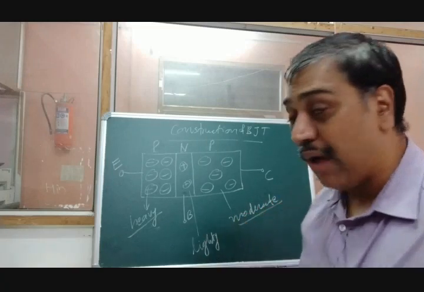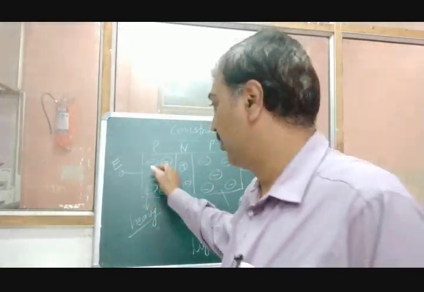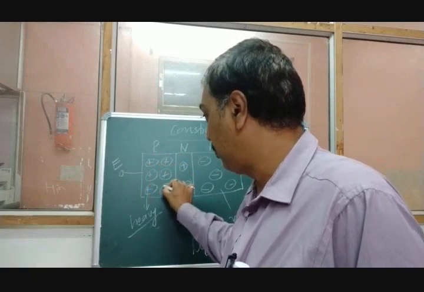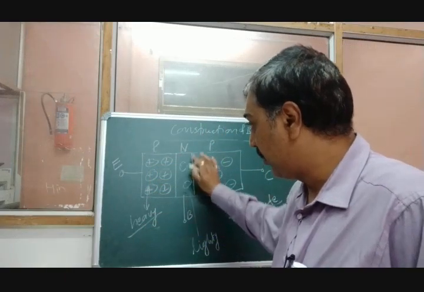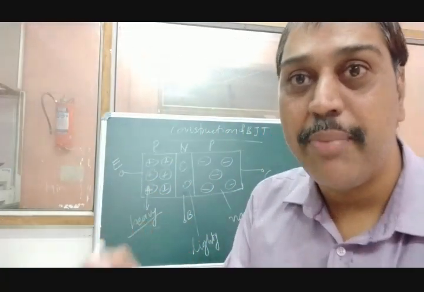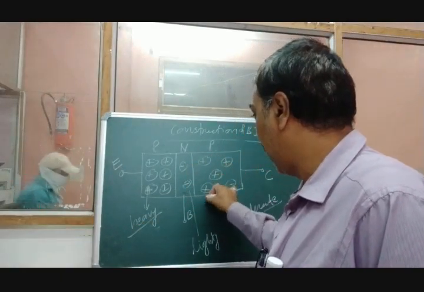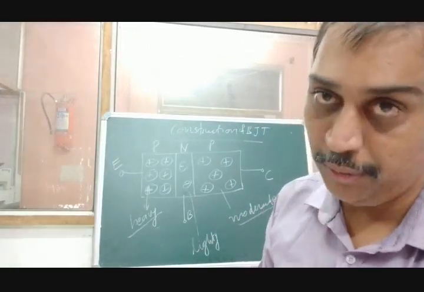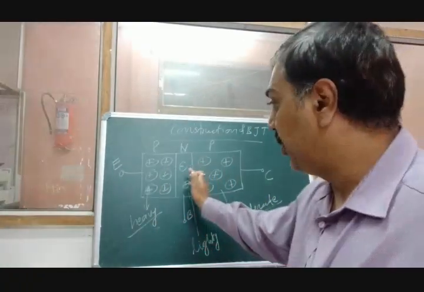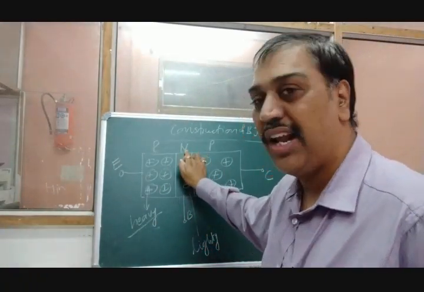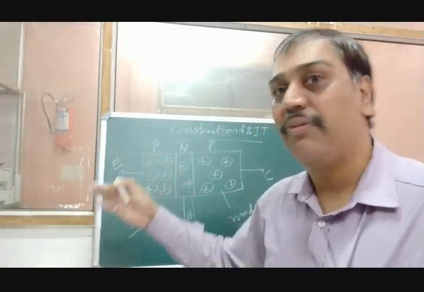Doping remains same. But what gets changed? As it is P-type, instead of electrons, there would be holes. So these are all positive holes because this is P-type semiconductor now. Now whatever the electrons were in the base become electrons because it is N-type. N-type means large number of negative charges, means electrons. Again P-type means there are large number of positive charges, that is said to be holes. This is the only difference between NPN and PNP, depending on which region is sandwiched. Here N-type semiconductor is sandwiched between two P-type semiconductor, so it is said to be PNP. Initially we have seen NPN.